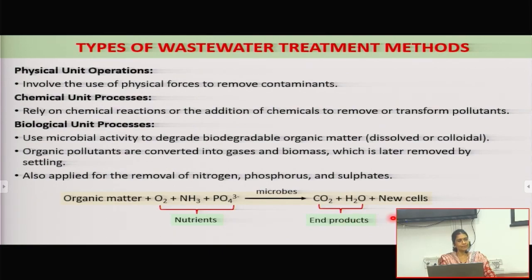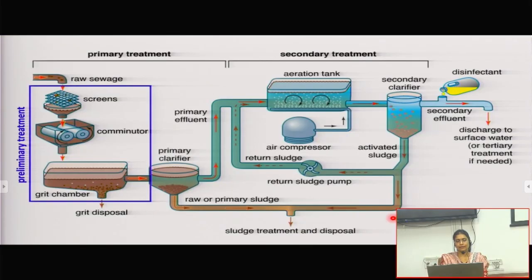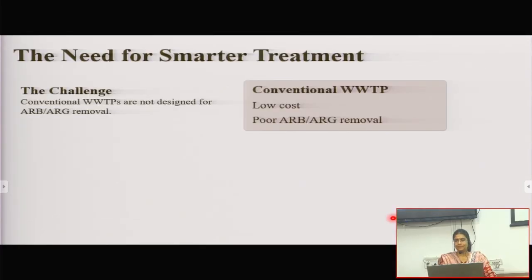Why are the bacteria happy? They are happy because their food is the organic compounds. And for us, the waste or the pollutant is organic compound. So it goes to both of our advantage. Right? And this is how the whole scheme of thing looks, with a preliminary, with a primary, and a secondary treatment. Right. Having said that, now let's come into our problem in hand, which is which are components which are